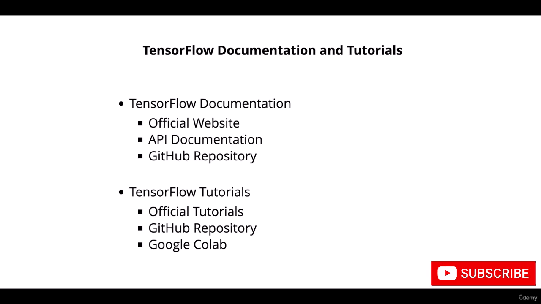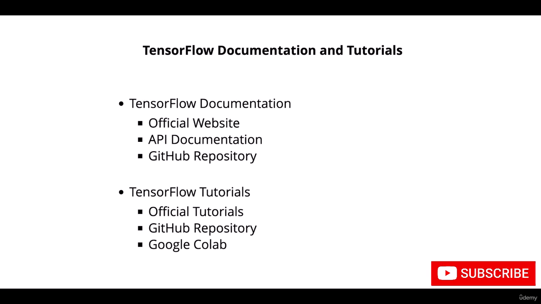You can navigate the API documentation from the TensorFlow website or directly from Python using the help function or by browsing the source code. The last one is the GitHub repository, which is my favorite, where TensorFlow source code and documentation are hosted, and you can access the TensorFlow GitHub repository here to explore the documentation, contribute to the project,